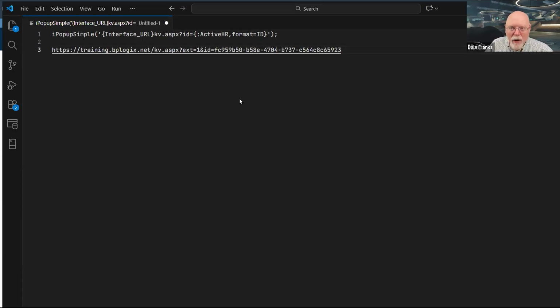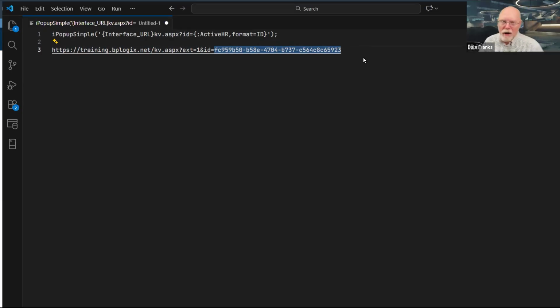That's going to make things harder for two reasons. Number one, if this is my dev server, then it's going to be different on my production server. And second of all, this ID is not what the ID is going to be on my production server because GUIDs don't export and import between machines.